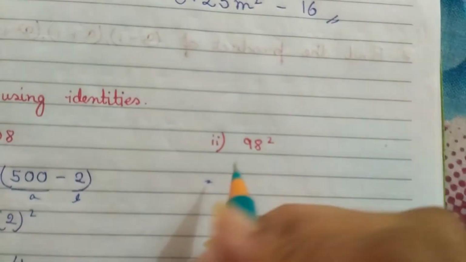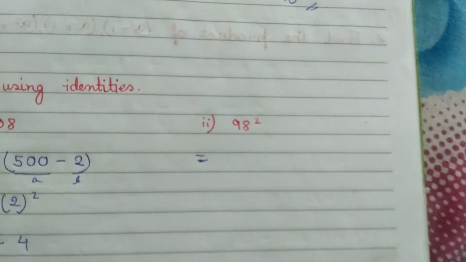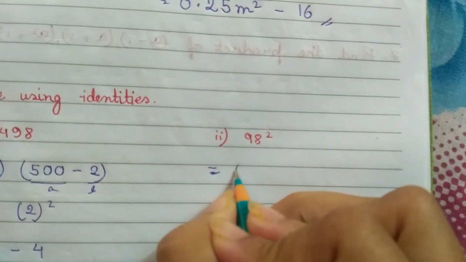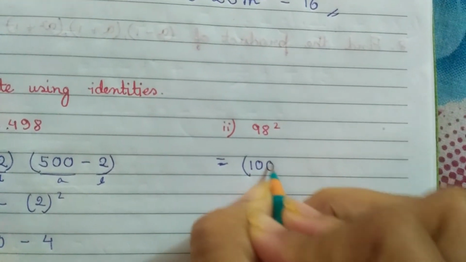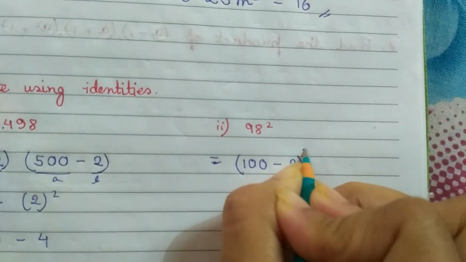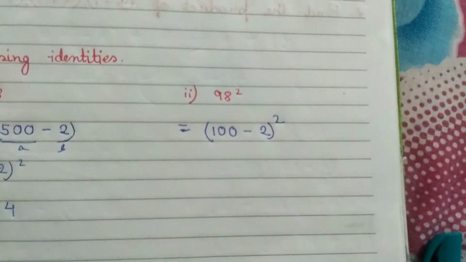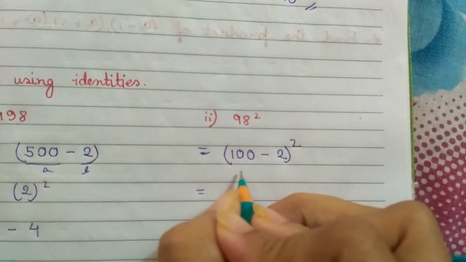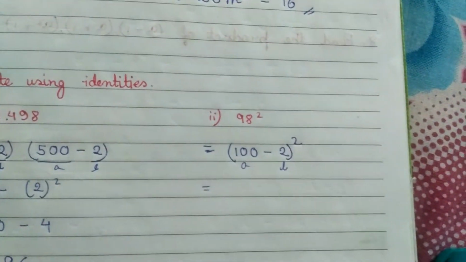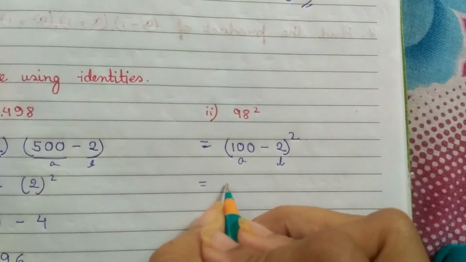Now 98 square. Now see, this is 98 square. Now 98 is very close to 100. If you do 100 minus 2, then you whole square it, then you will get 98. Now let a and b. So (a minus b) whole square, a square